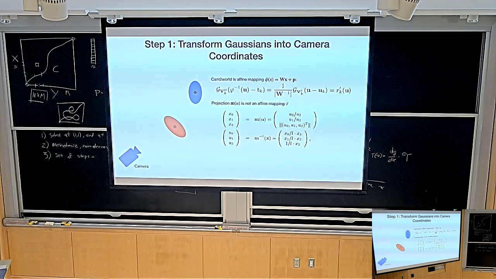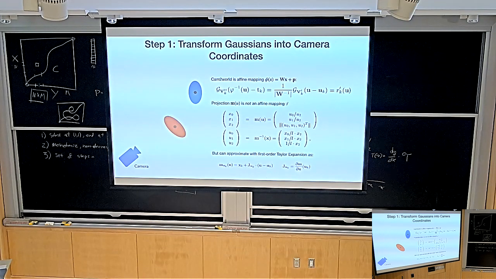It means that if you now take mu, what we would really like to do is apply it to the input of our Gaussian, such that we project our Gaussian, and then ideally we would get out another Gaussian. Unfortunately, that's not the case, because Gaussians are not closed under non-affine transforms. So here's a really cool trick. The trick is we're going to approximate this mu via its first order Taylor expansion.